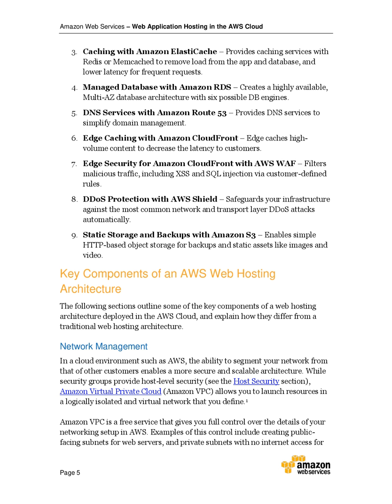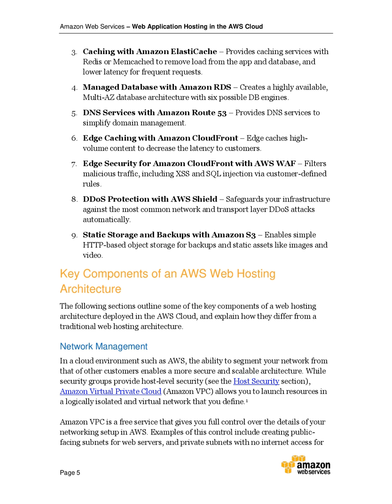Network management. In a cloud environment such as AWS, the ability to segment your network from that of other customers enables a more secure and scalable architecture. While security groups provide host-level security, see the Host Security section. Amazon Virtual Private Cloud, Amazon VPC, allows you to launch resources in a logically isolated and virtual network that you define. 1. Amazon VPC is a free service that gives you full control over the details of your networking setup